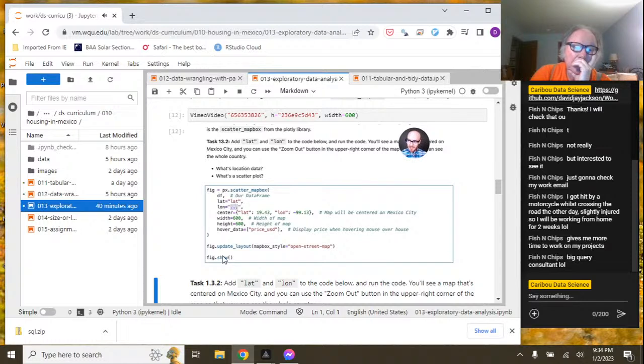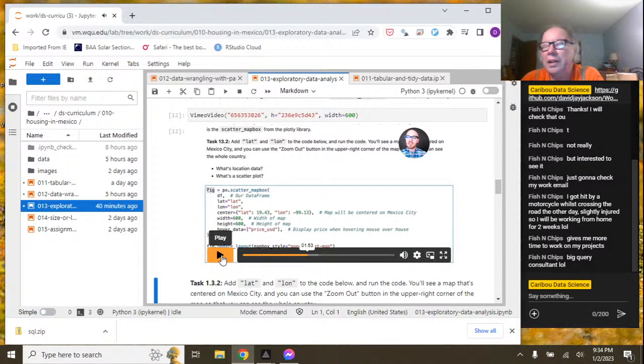So we'll add lat, and then after that, we'll add long. Beyond that, we just have a center point so that our map is going to be centered on Mexico City. We've set the width and height. And then we also have this little hover data, and I'll show you what that does in a second. But once we have all of that done, we're taking this whole scatter map box and